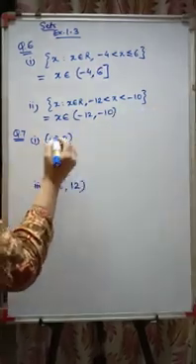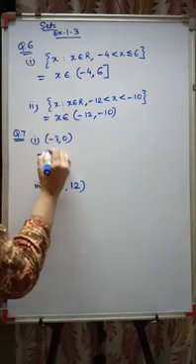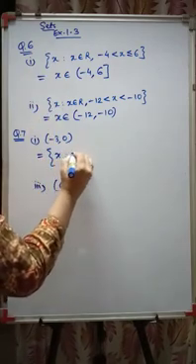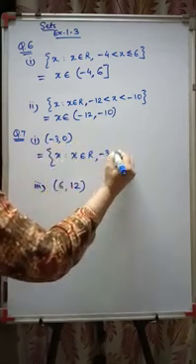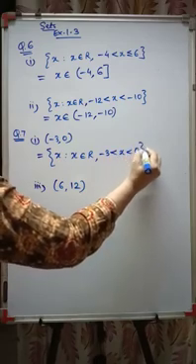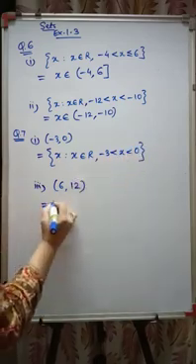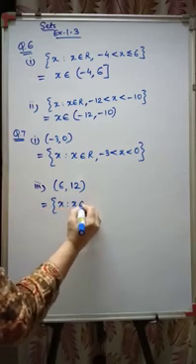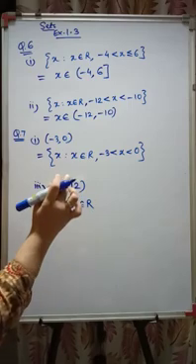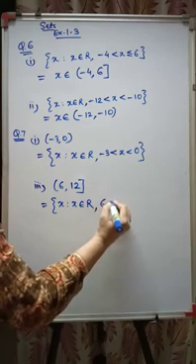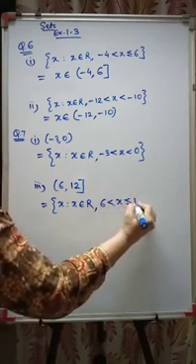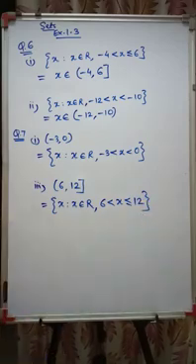Now if I see question number 7, I have to write in property method. So this can be written as x such that x belongs to R, and since both are open intervals, you write -3 is less than x is less than 0. Then here again it is x such that x belongs to R. This is an open interval on one side and closed on the other. The third one is x belongs to R, so 6 is less than x is less than or equal to 12. Thank you, students. So this is something new for you. Any query you can ask me.